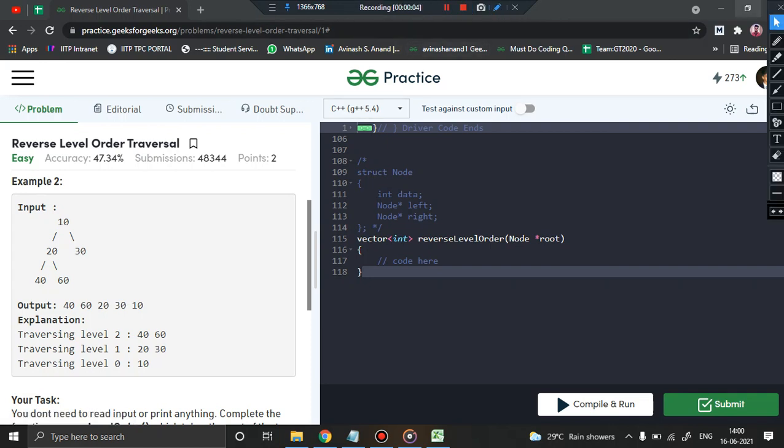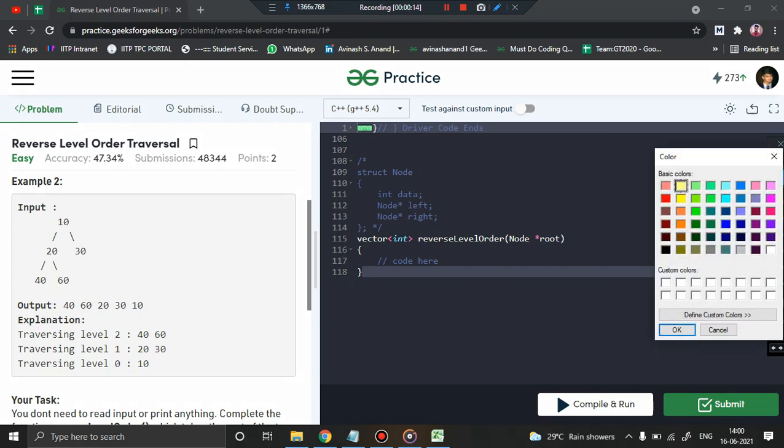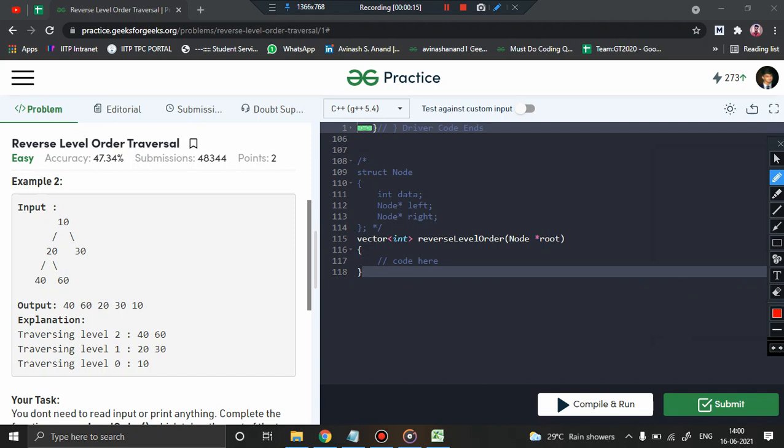In this particular video, we'll be discussing a new problem from trees, basically the binary tree. The problem is performing a reverse level order traversal. Before we dive into it, I hope you have watched my video on level order traversal, how it basically works. Just to give you a quick overview, I have already uploaded that video, and please watch it before you watch this one.